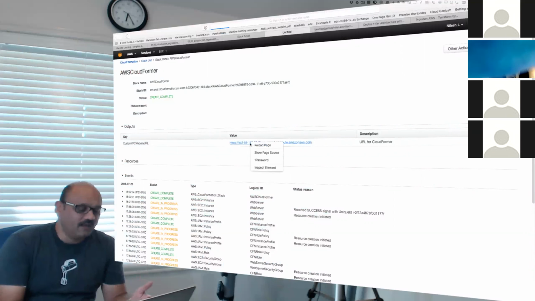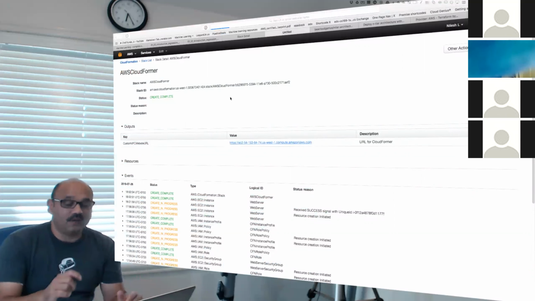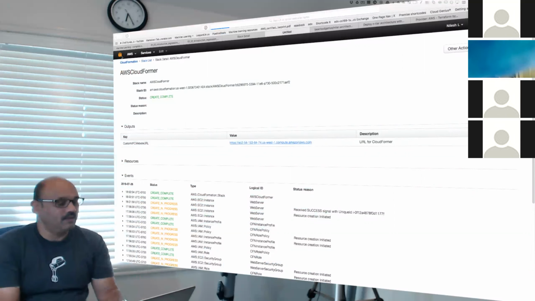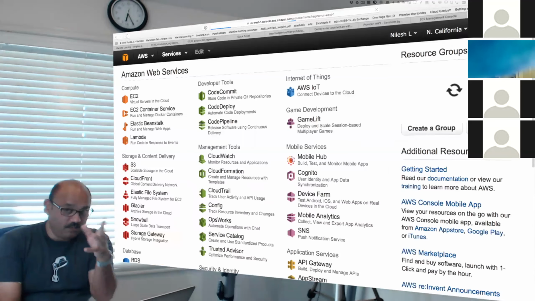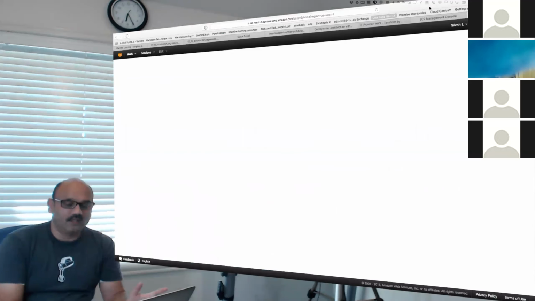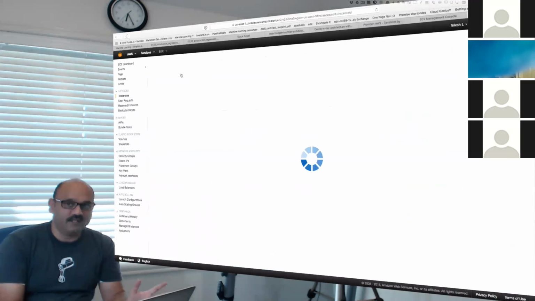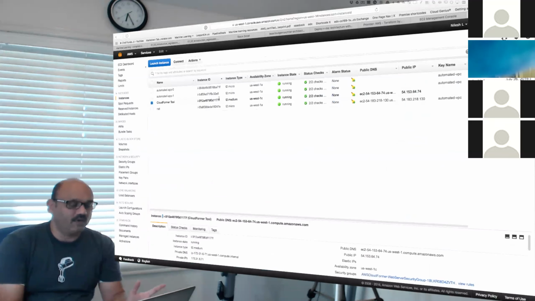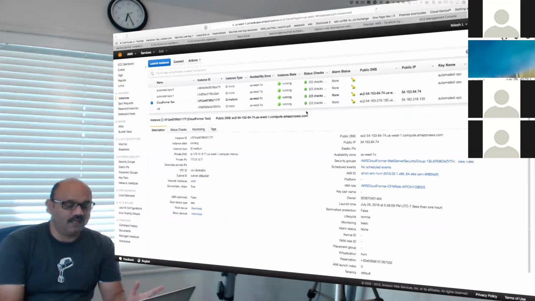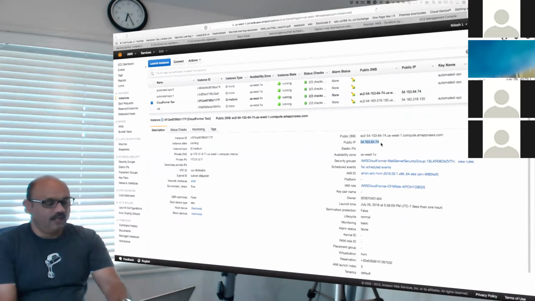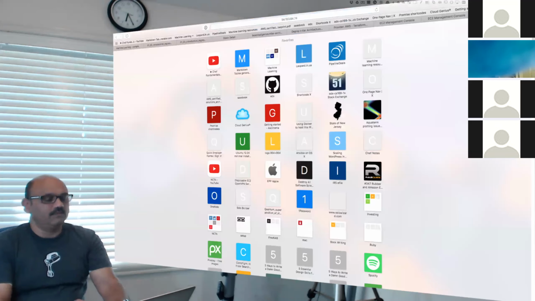Okay, come on. You should let me copy your link. I'll go through another door, the back door. Let's go to the back door. This is bad. So close it, open console. We'll go directly to the machine itself. So EC2, we have a Northern California region. We have 4 dedicated instances. And this CloudFormer tool is running on that location. We'll grab the public IP address of that location and then open it. That should open.